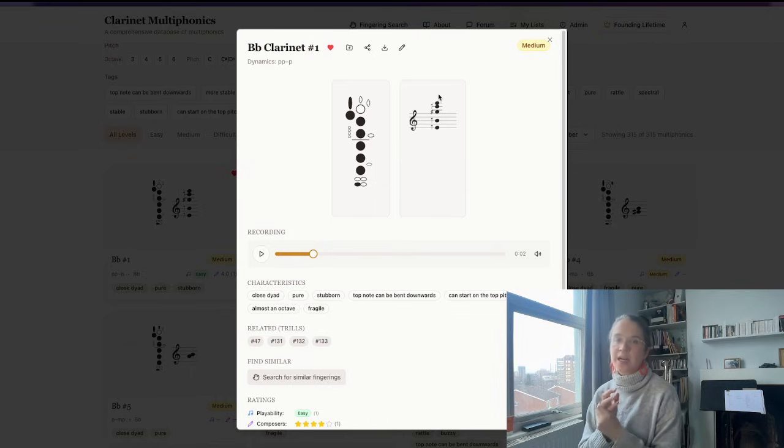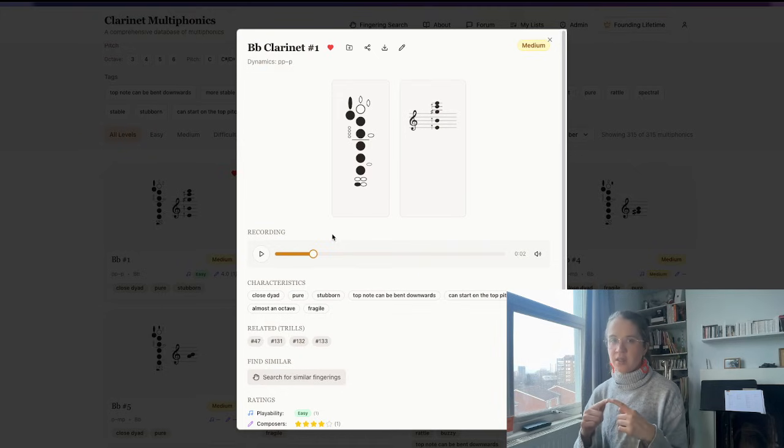If you print the whole diagram, it's just confusing because it's not clear whether we really want the top pitch to come out or if we just want this beautiful soft fifth or what. So I think that's really important, that you really listen to the recordings. And if I can just say one other thing about that, and I know I'm going to be banging on about this a lot,